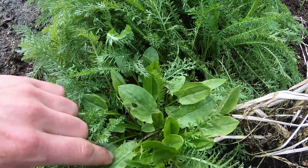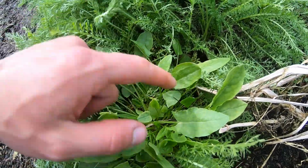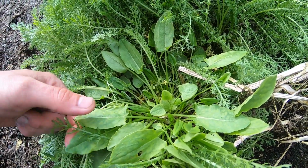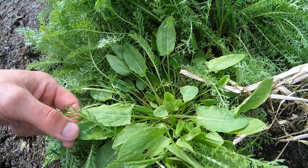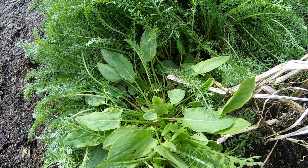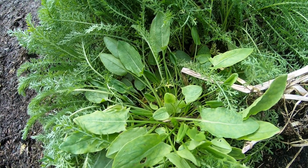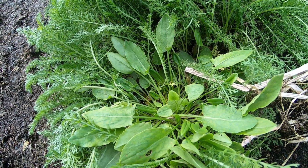And just right beside that is a sorrel, which has grown here all on its own accord. We'll let it go. We won't tear it up, because sorrel is quite nice to eat too, as long as it doesn't spread everywhere. A lot of the naturally occurring plants that we would consider weeds are very useful. All plants are useful to somebody in the ecosystem, but the trouble is, of course, they would spread very rapidly,